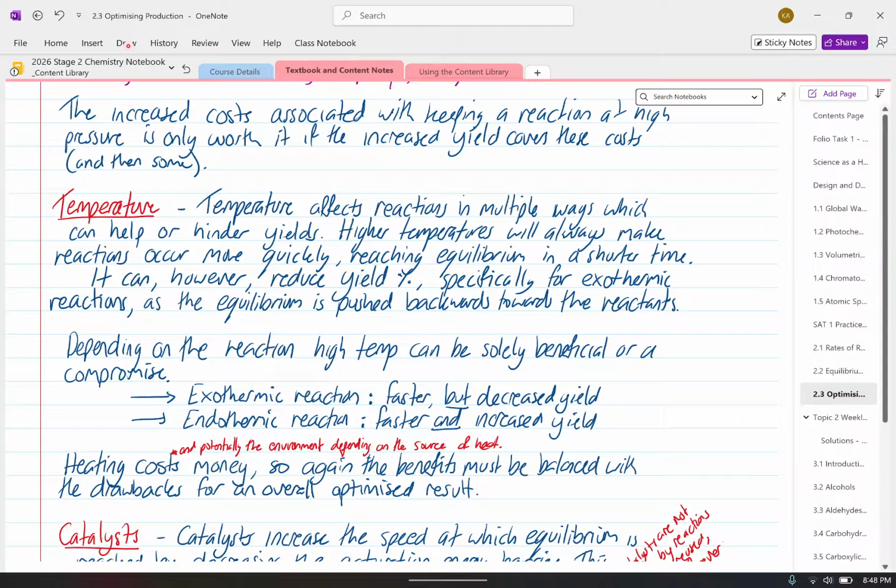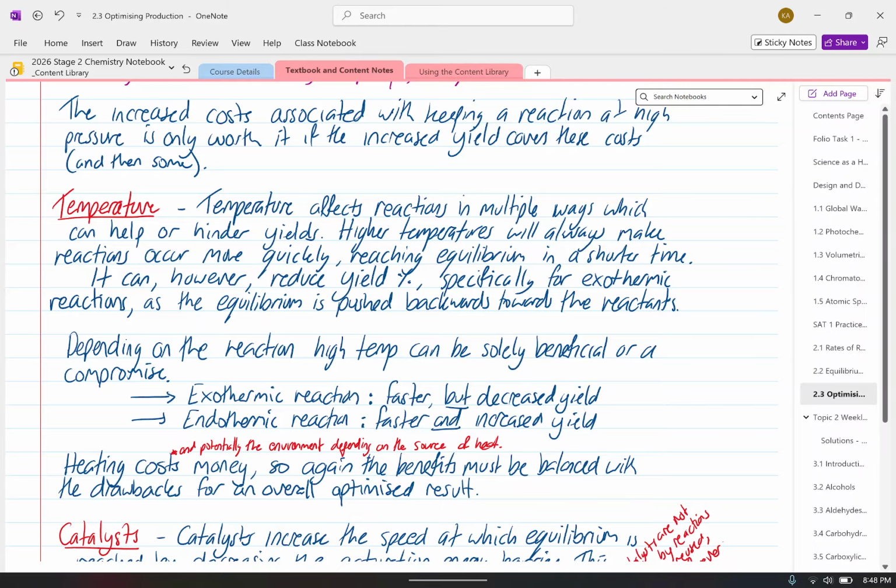Either way, you can summarize this as being the two situations. Exothermic reactions: if you increase the temperature, they will go faster, but you'll decrease the yield. Endothermic reactions, however, get faster again, but you also get an increased yield. So these endothermic reactions are just going to benefit if you increase the